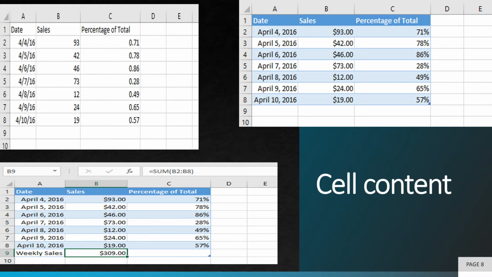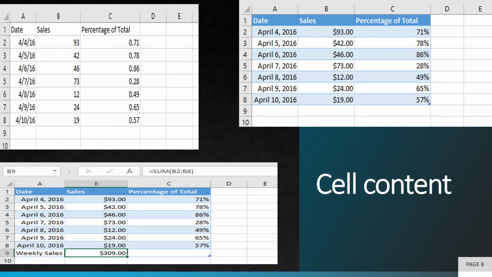Cell content. Any information you enter in a spreadsheet will be stored in a cell. Each cell can contain different types of content, including text, formatting, formulas, and functions. Text: cells can contain text such as letters, numbers, and dates. Formatting attributes: cells can contain formatting attributes that change the way letters, numbers, and dates are displayed. For example, a percentage can appear as 0.15 or 15 percent. You can even change cell text or background color.